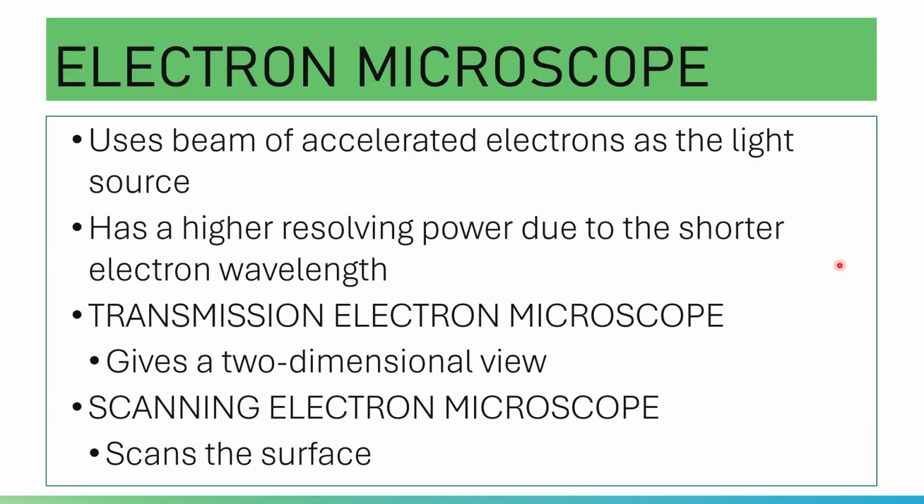For your TEM, the transmission electron microscope, as we said, they utilize an electron beam. This electron beam will pass through the ultra-thin sample. And what happens to this electron beam? The electrons are scattered differently by the denser regions. Magnetic lenses will focus the beam to form an image. In TEM, the image is grayscale, with high resolution.